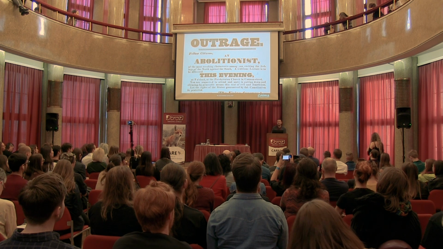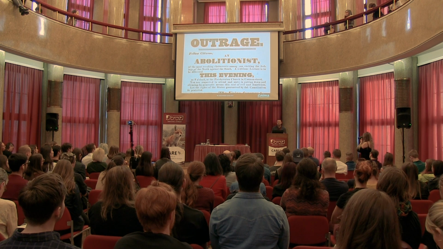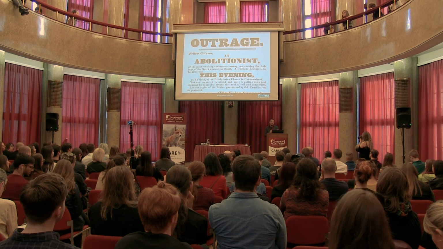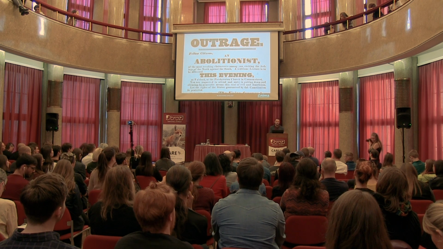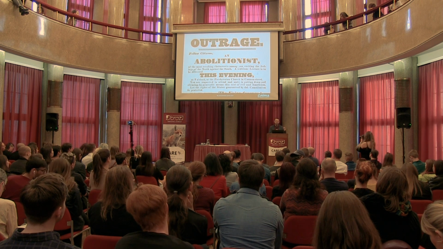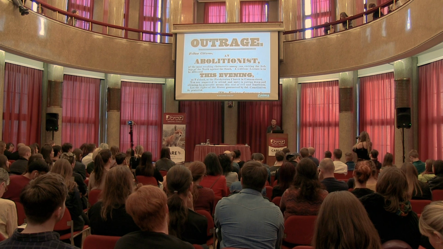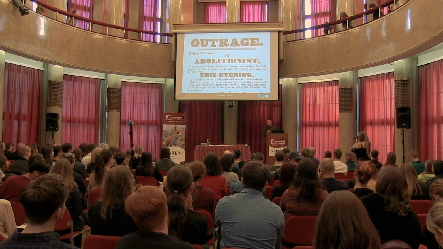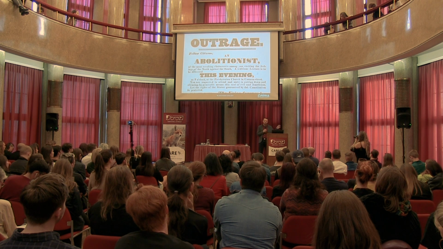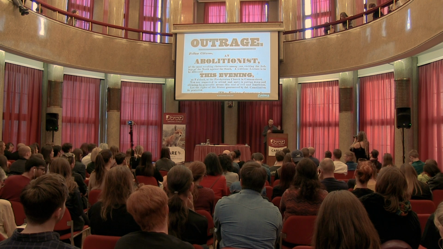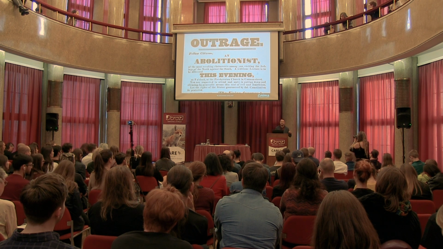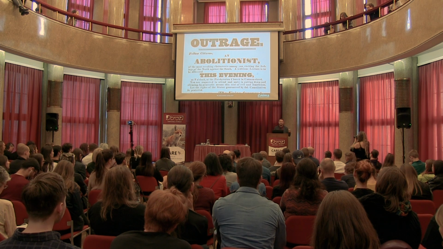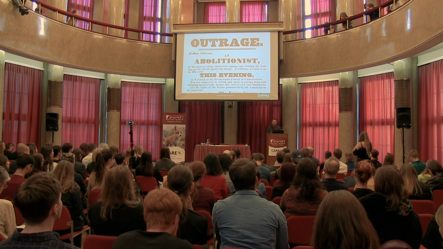At most, no more than 300,000 people in antebellum America considered themselves to be abolitionists. And the population of the US in 1860 was around 31 million. So this was really a tiny movement. If the number 300,000 seems large, you have to keep in mind that those people were scattered all around the country, or to be more precise, all around the north, and there were very few places in the US where there were 100 or a few hundred abolitionists, and only 2 or maybe 3 cities where abolitionists were